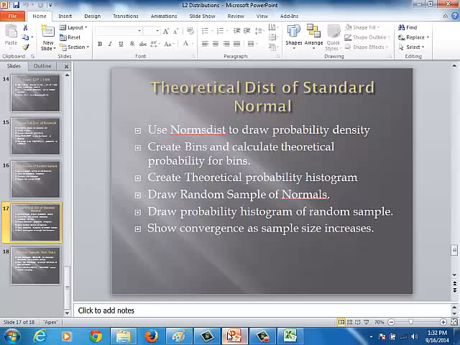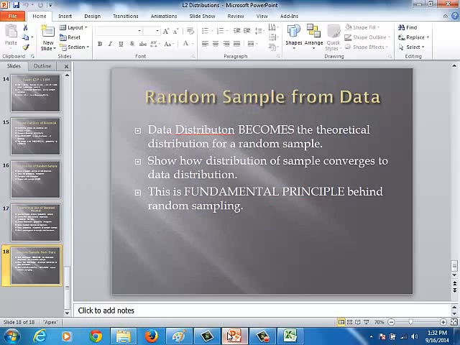This discrepancy becomes smaller as the sample size becomes larger. The same is true in the normal distribution. If I draw a sample of size 1000, it will be a fairly good match to the theoretical probabilities. If I make it 10,000, it will become an even better match, and so on. The last thing, which is very important, is that